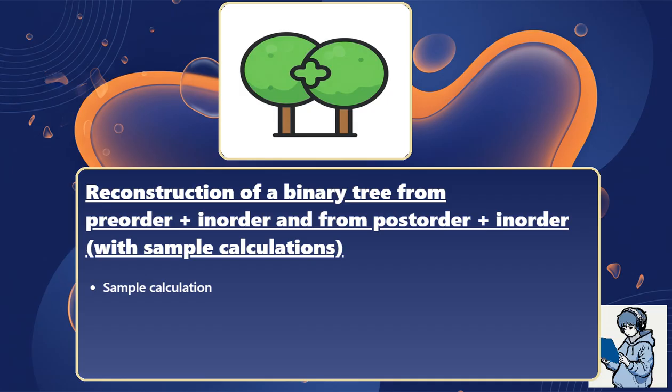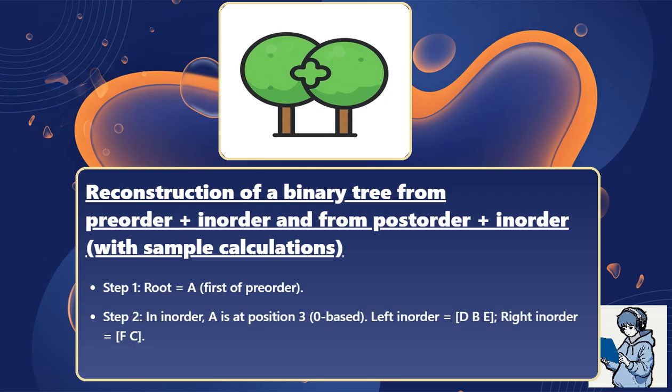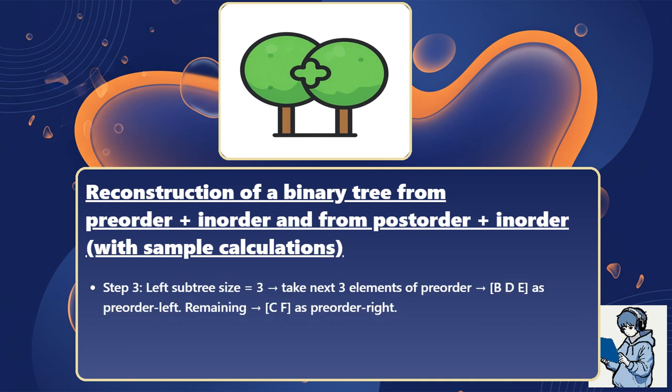Sample calculation. Preorder: A B D E C F. Inorder: D B E A F C. Step 1: root equals A, the first of preorder. Step 2: in inorder, A is at position 3 (0-based); left inorder is D B E, right inorder is F C. Step 3: left subtree size equals 3; take the next 3 elements of preorder, B D E, as preorder left,